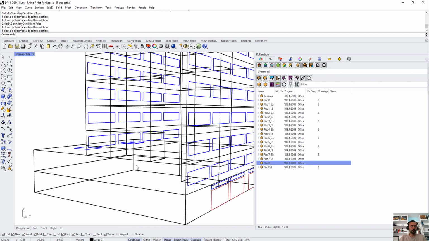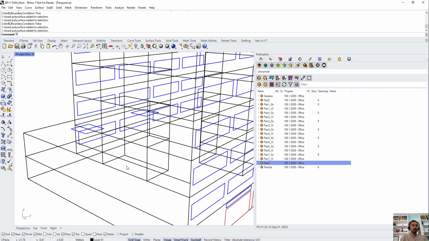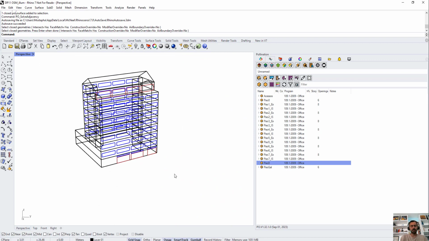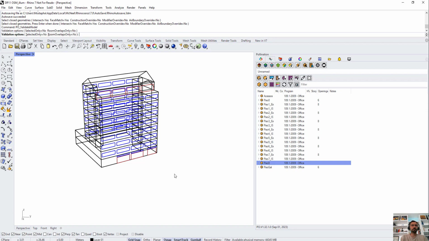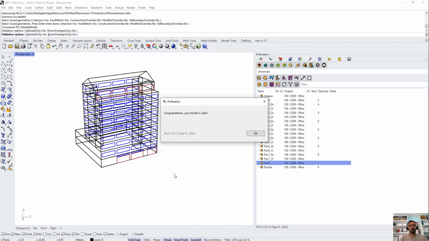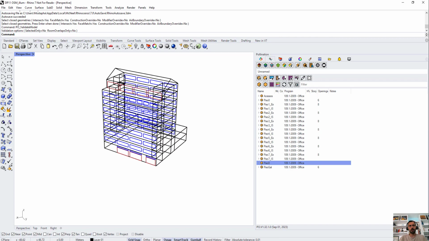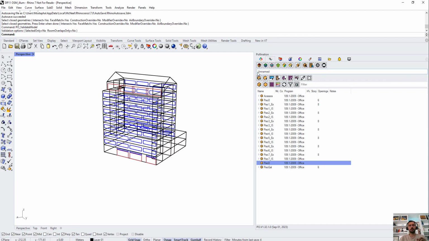I'm going to do the same here for this room that was problematic, so solve adjacency, select, and solve. And now if I run PO validate model, the model should be valid. Okay. So what's important here and why I did this one, because when we export to eQuest, we do more